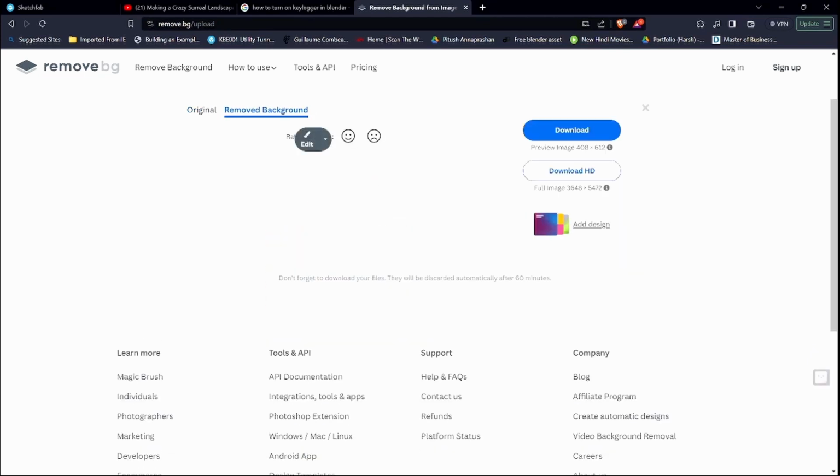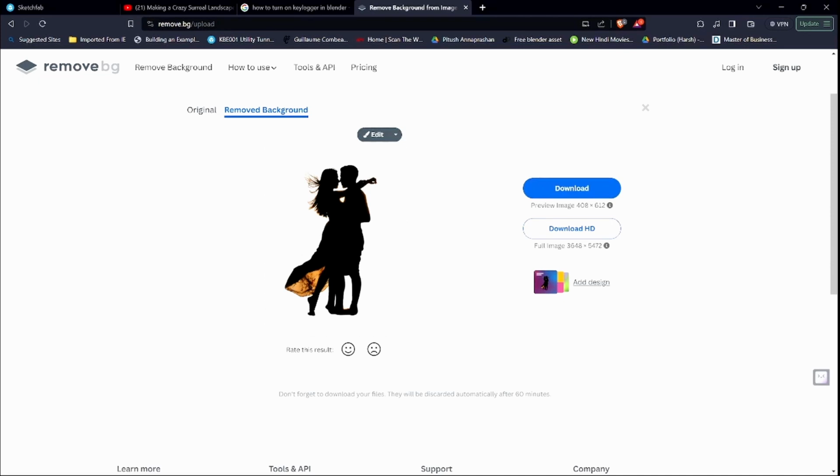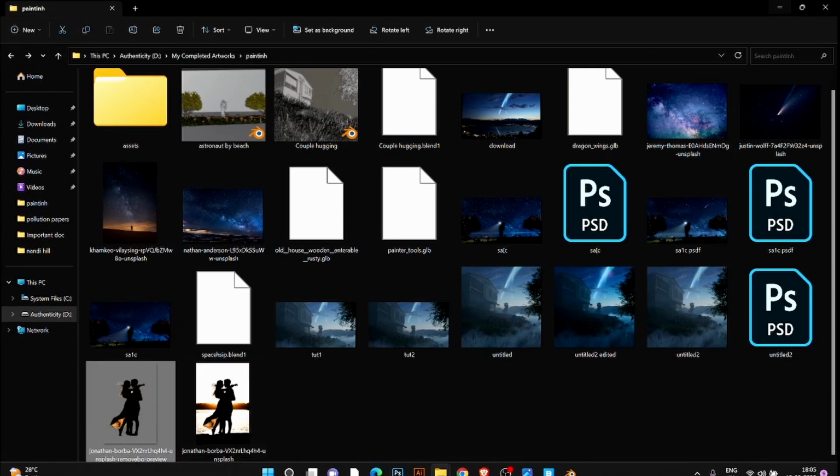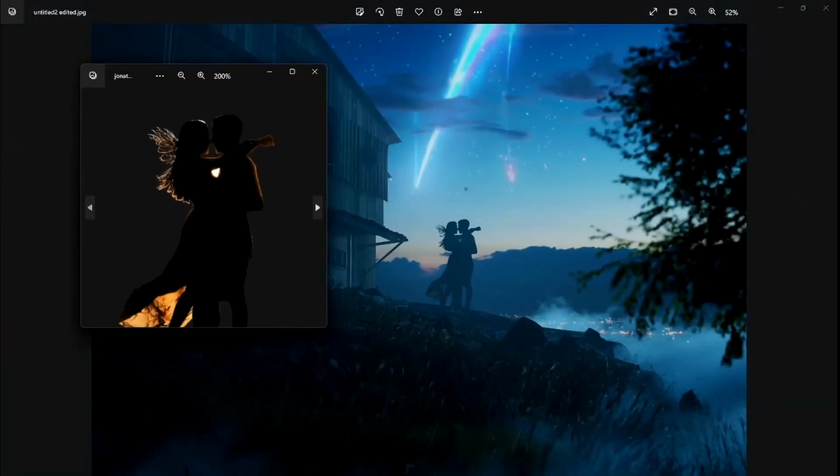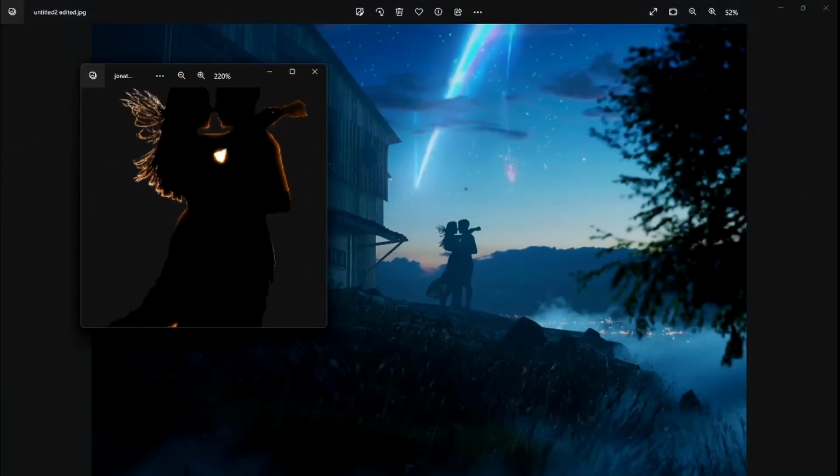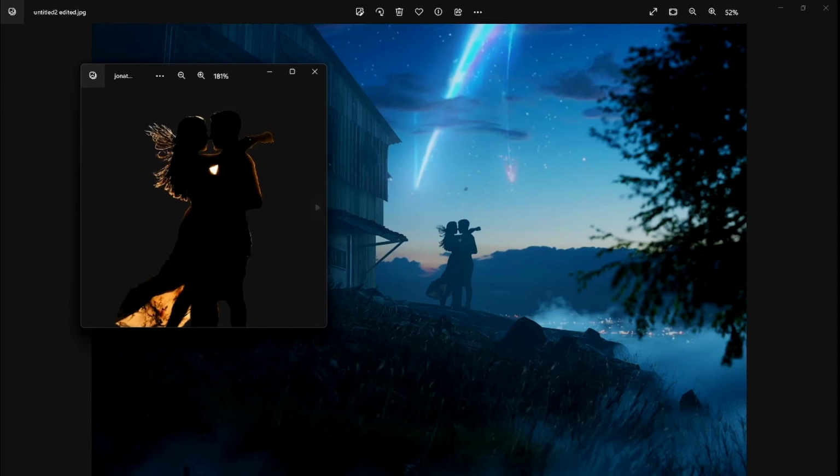Now my background is removed and it is in PNG format, which I can use anywhere. Once you download it, let's import this. I have already downloaded this. Now if you zoom in and pick apart this entire cutout, I know you will find some changes,